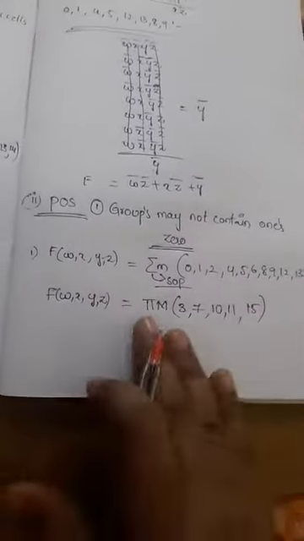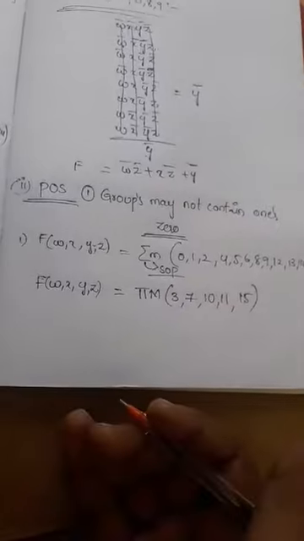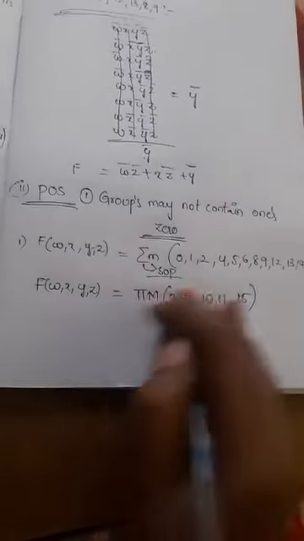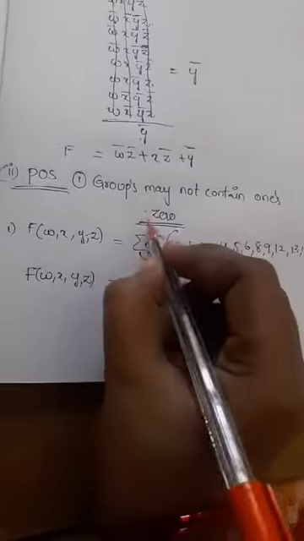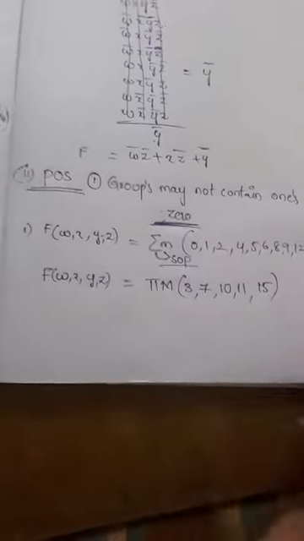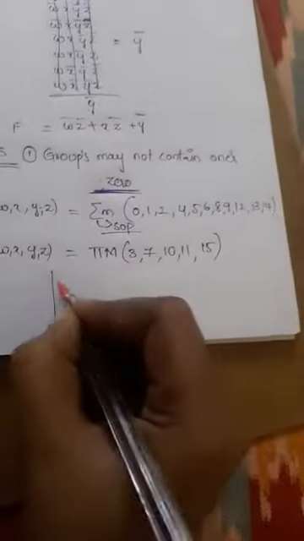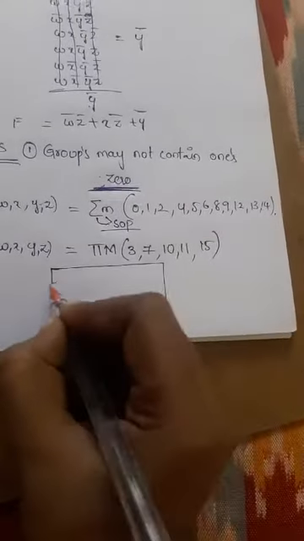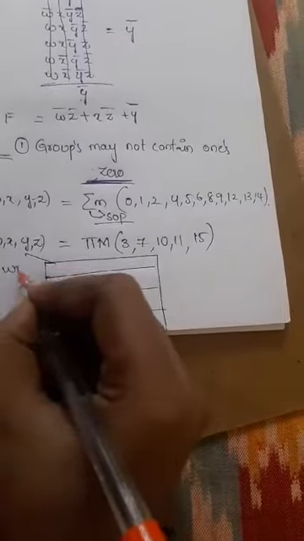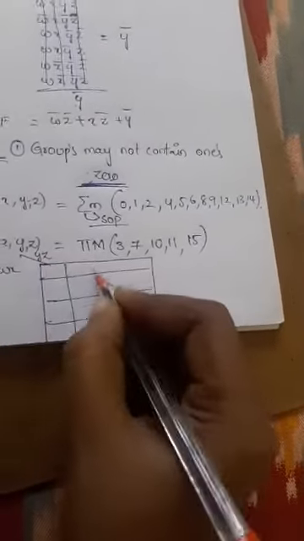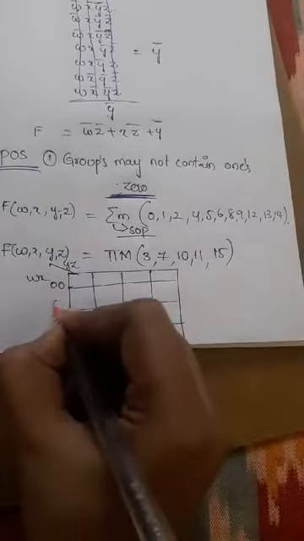So if any problem is given like this, or maybe directly given like this, you can directly take the K-map, and in the K-map the cells which have the max terms will be represented with 0. So this is our problem now. You can take the K-map, 4 variable K-map. So this is the WX and this is YZ. You know cells numbering, right? So directly you can write it.